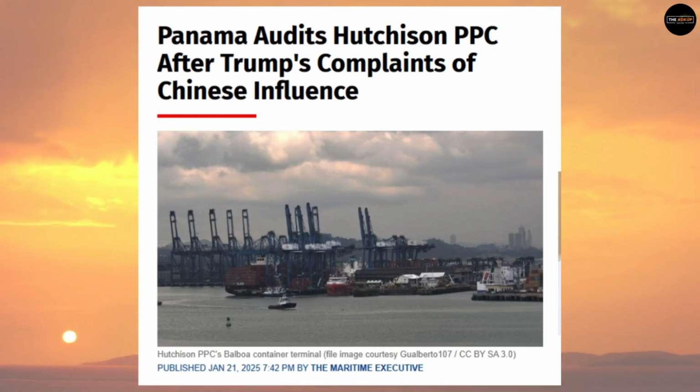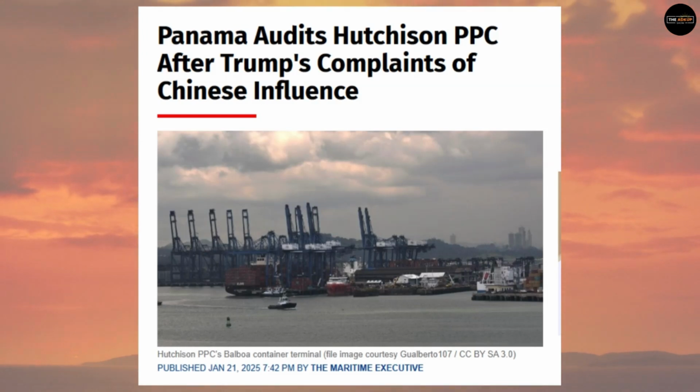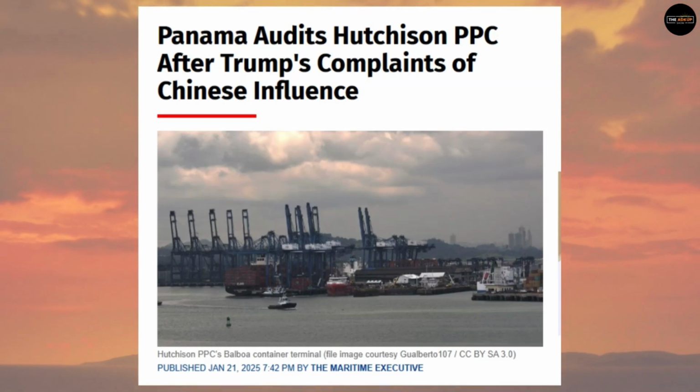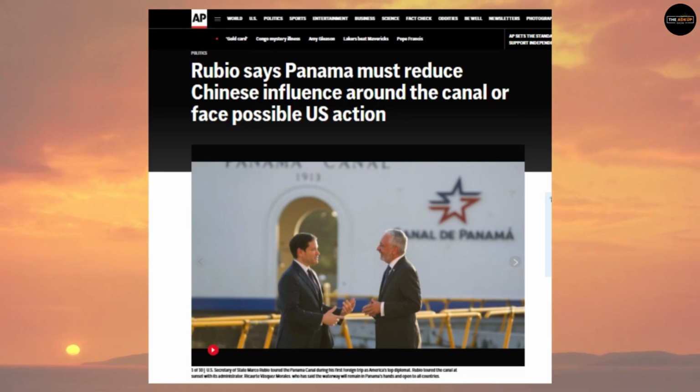So here's the deal. Trump's Panama threats echo Roosevelt's vibe. He's mad about China's economic influence, like Hutchison Ports running terminals there since 1997. Actually, Hutchison Ports is a Hong Kong-based company, but Hong Kong is no longer independent. And according to the US, it's a security risk. U.S. Secretary of State Marco Rubio has been in Panama pushing hard, but no invasion yet. Well, Panama doesn't even have its own military.